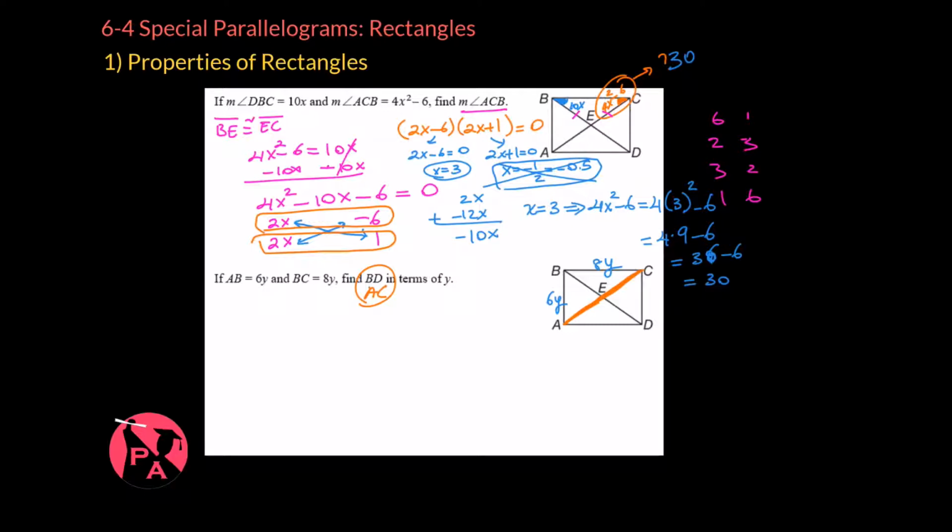Now, if we just pay attention to the figure we have here, it's a right triangle. We know it is a right triangle because this corner is 90 degrees. It must be 90 degrees because this is one of the properties of rectangles. Now, what we have is this kind of figure. 90 degrees, left side of the triangle is 6y, this side is 8y. Now, this is a question mark. We need to find it in terms of y, which means the answer is going to have only numbers and y's. So if you remember Pythagorean Theorem,